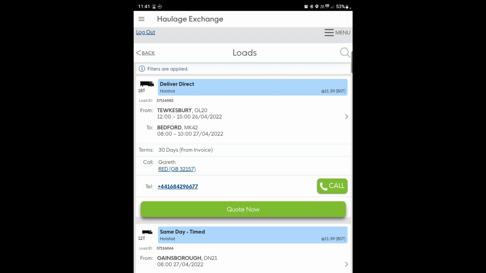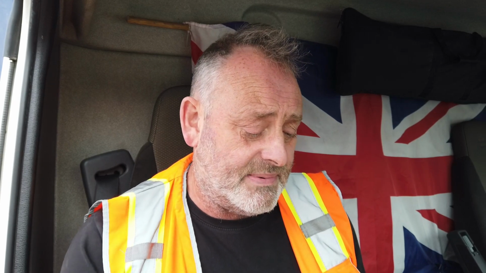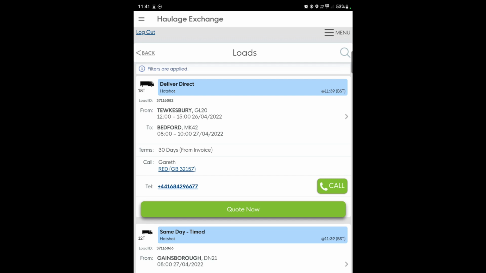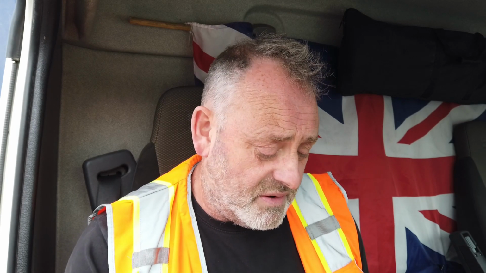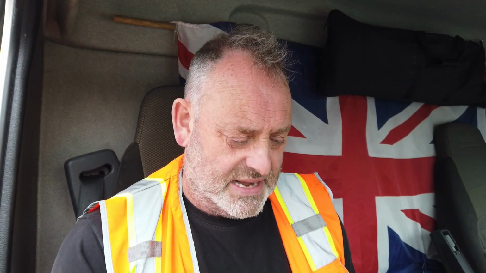So if you're running a fleet of vehicles or something like that, and you want to see what kind of jobs are out there on what days coming back, you know, Tewkesbury to Gloucester, it's a long way for me to go. I ain't going over to Tewkesbury to pick it up, but it drops off in Bedford tomorrow. It's not beyond the realms of impossibility. So sometimes if you're desperate for a job and there's nothing out there, what you can do, I'll just shut it off then, is